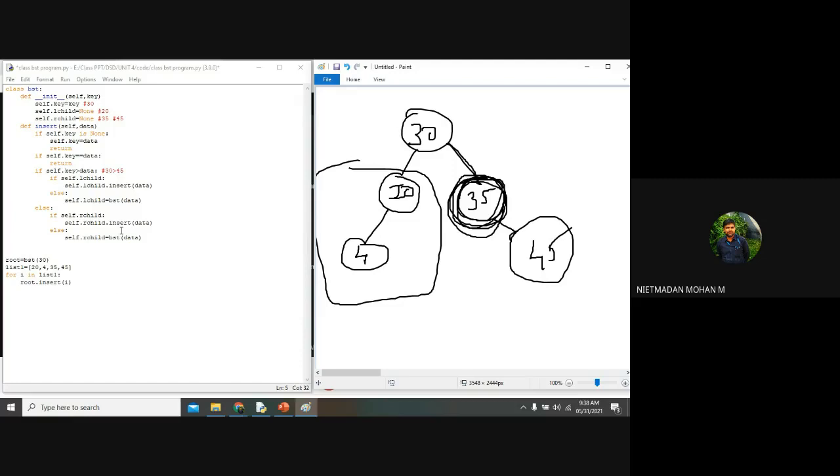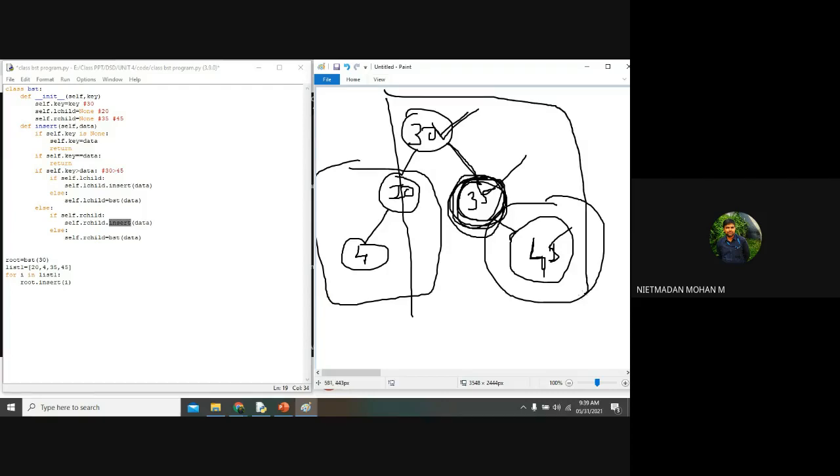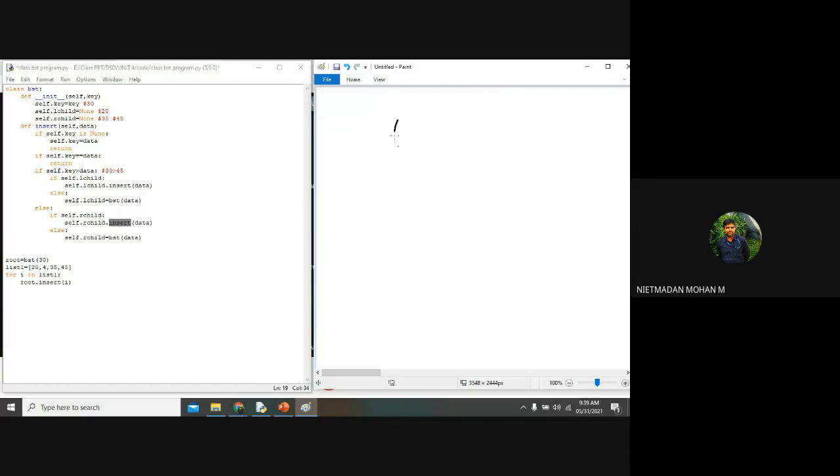So this recursive function will be working like this. It means that first it will take this as the root node, and after that the insert function has been called, and the recursive function has been called again. At that point, this will be taken as the root node for insertion of this particular 45. That is the concept. So for the first iteration, this will be executed.